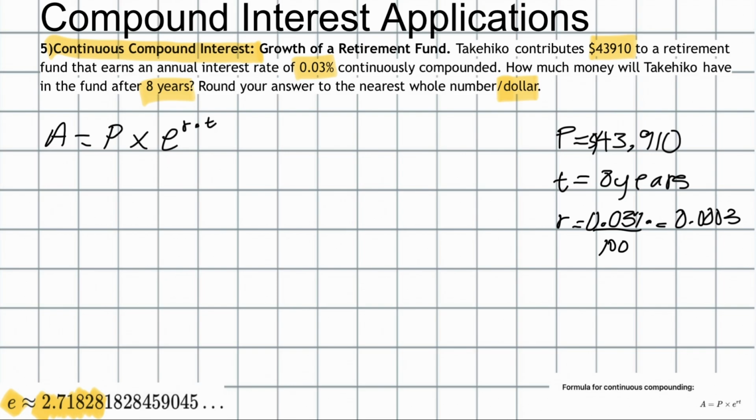Okay, so we place A equal to the principal amount, which is $43,910, times, I'm going to put a parenthesis here because we need to work out this stuff separately, the value of e, which is 2.71828, and that's it. Then the exponential value of the rate, which is